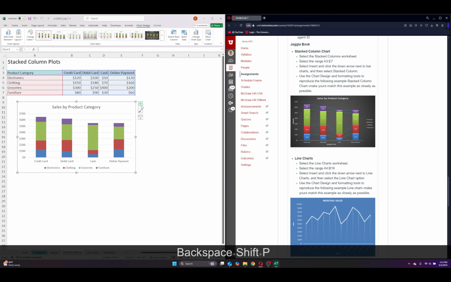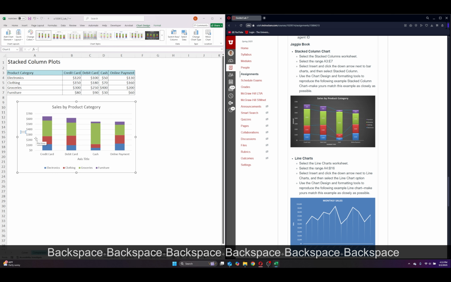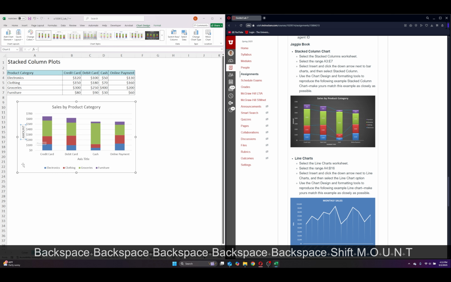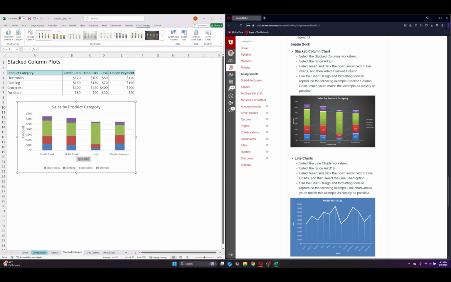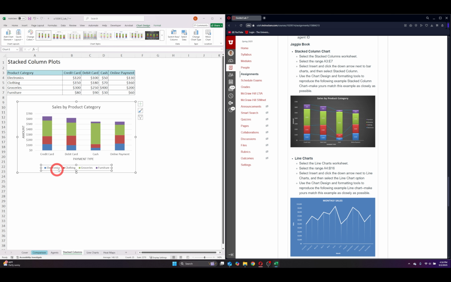Yep. Next thing I want to do is add titles. So let's go ahead and do these two. Yep. Here, you import your payments type. Then another thing we want to do is move this index to the right. So I'm going to double click,